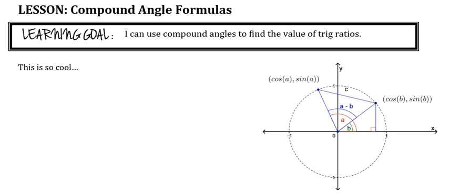So I think Monday next week we'll be doing some identity work again. But we're going to do 3 days of compound angles. So today we're going to look at cosine, tomorrow sine, the next day tan, and their formulas. The formulas are in the notes, so you'll see the formulas for all of them, but we're only going to